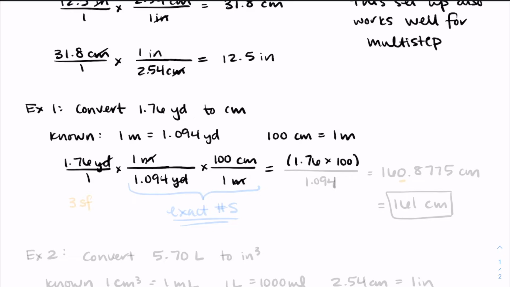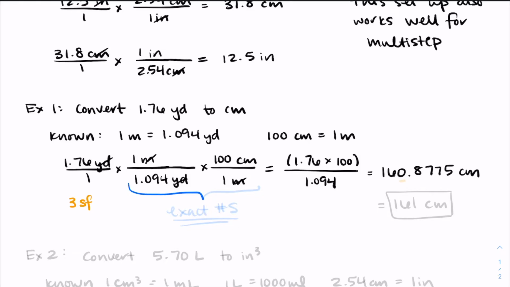Now, I've got a bunch of numbers here. To make sure that I don't miss anything, the way that you solve this, the multiplication and division that you're doing, is you multiply everything across the top and then divide by everything across the bottom multiplied. So across the top, I have 1.76 times 1 times 100. So I'm going to put 1.76 times 100 in parentheses. And on the bottom, I have 1 times 1.094 times 1, so just 1.094. This would give me